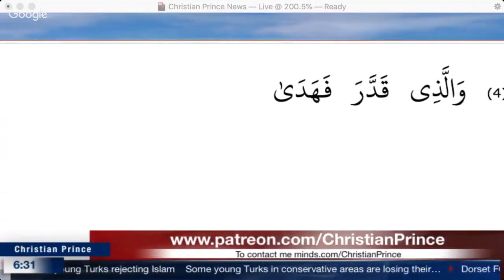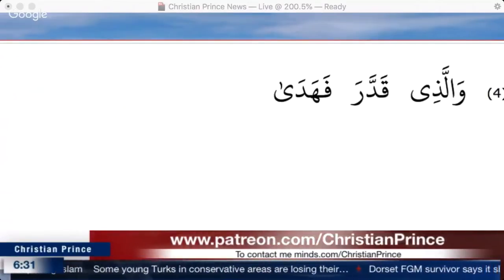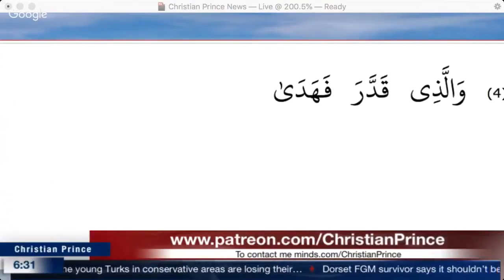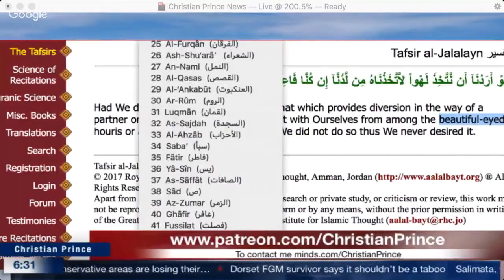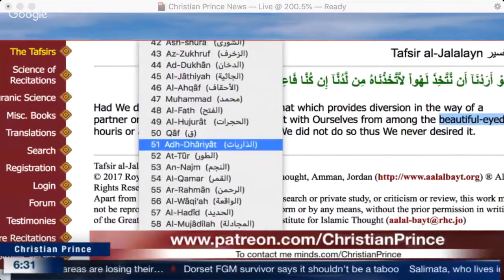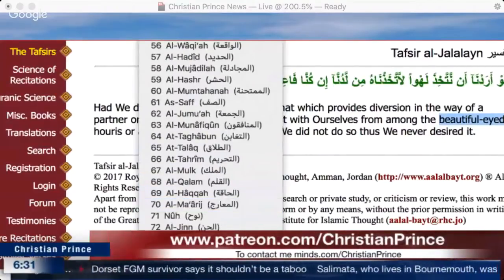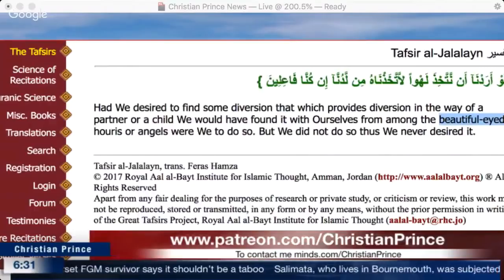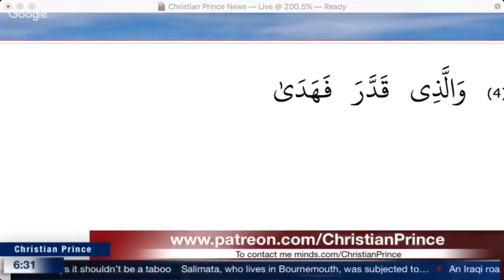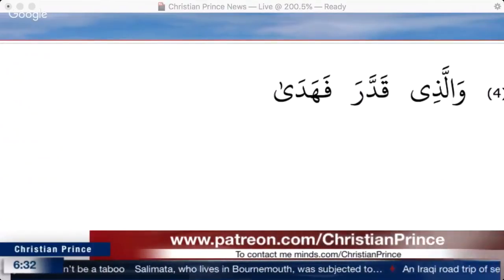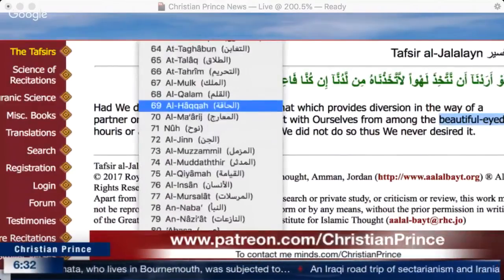If we go to chapter 87, verse number 3, it says, وَالَّذِي قَدَّرَ فَهَدَى. What does that mean? He made it destined. Qaddara means destiny. So Allah is the one who made the destiny, and He guides, which means this destiny is what is going to decide for you. It doesn't matter what you do. Well, this destiny could be guiding to old age, guiding from the mother's womb safely. No, no, no. Qaddara is what He decides for you before He created you.